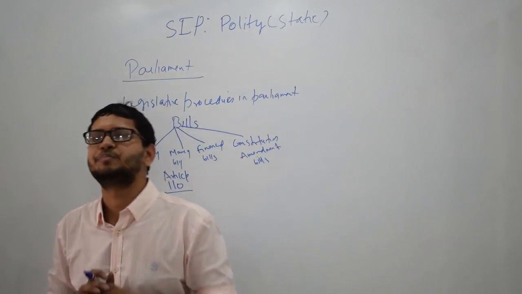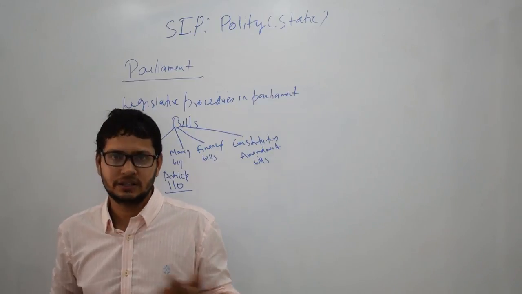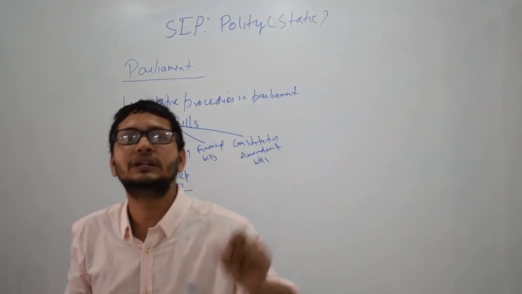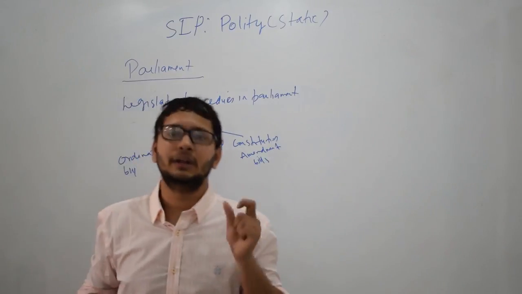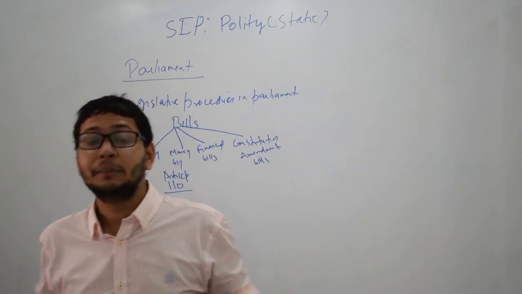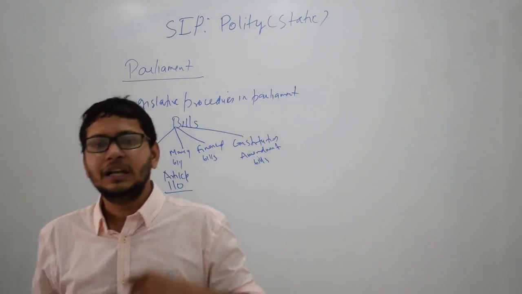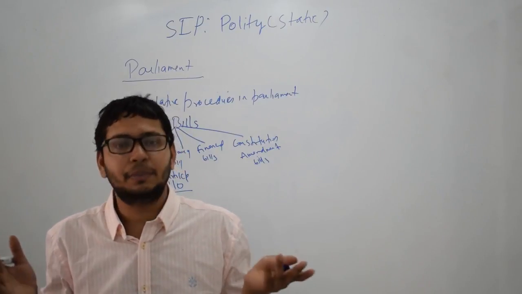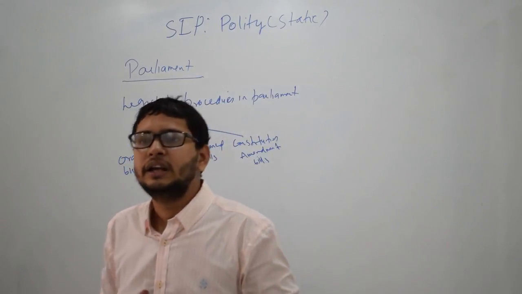I can tell you in a simple way the difference between money bill and financial bill. For a money bill, there are 7 criteria, right? If the bill only deals with those, then it could be called a money bill. But if a bill has some provision of taxation or finance or borrowing, but that is just a part of the bill, and the bill itself is very wide and has a number of other things also, then it could not be called a money bill. It could be called a finance bill. The example I could give is the Aadhaar bill. The Aadhaar bill, according to my understanding, is not a money